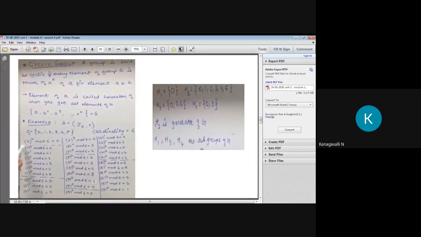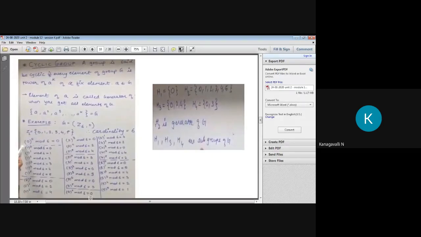So why is H2 the generator of G? Because in our group we are having 0, 1, 2, 3, 4, 5. It is the given element, right? So parallelly our H2 having 0, 1, 2, 3, 4, 5. These two are same. Our generator value and the given data are same. Then H2 is the generator of G, right? So H1, H3 and H4 are the subgroups of G. We need to conclude which generator has the same value as the given question. Then that is the generator of our group. Then the remaining are called the subgroups of G.